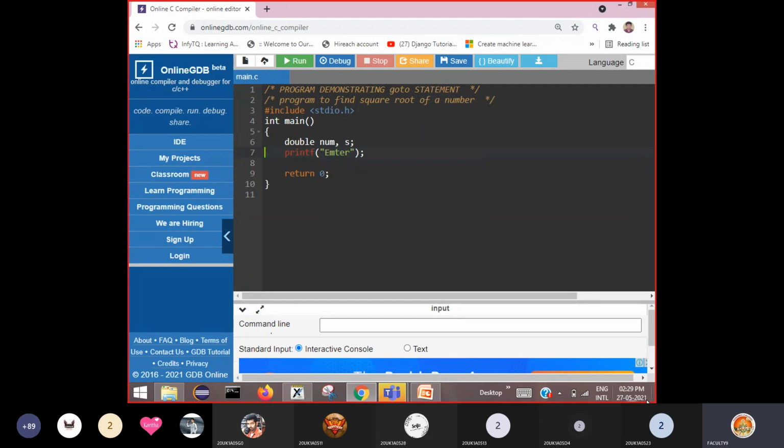Say, enter a number, slash n, then read the number using the scanf function. Because he is entering through the keyboard, and here I use double, you need to know how to read a double data type through the keyboard. So by using which format specifier?